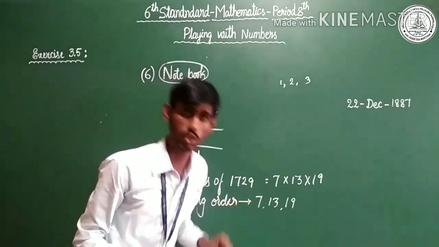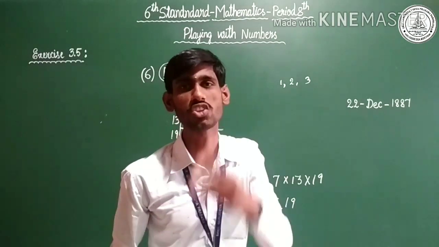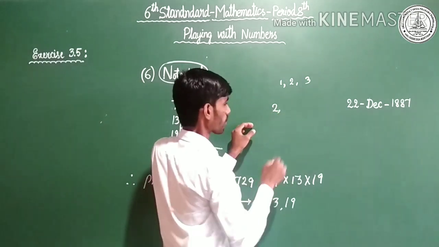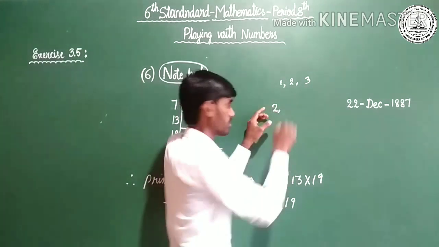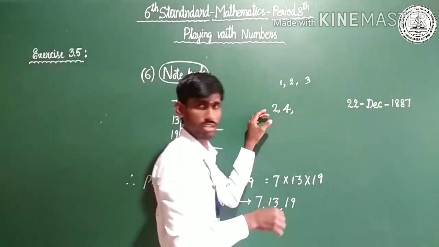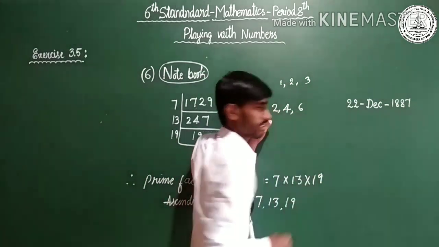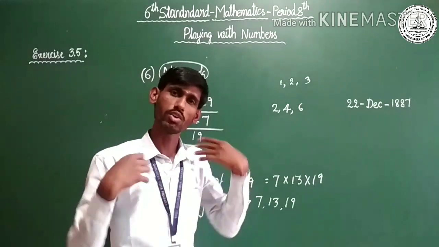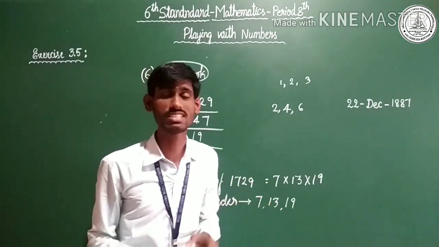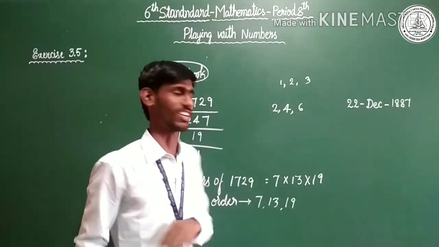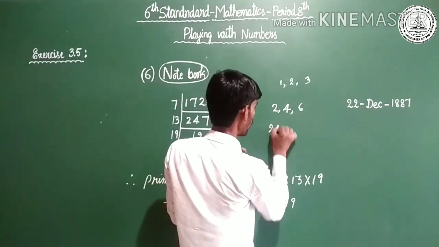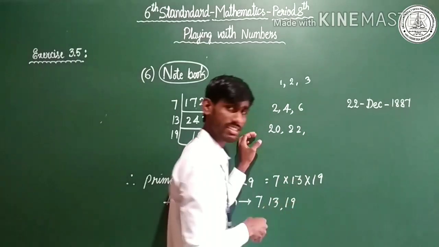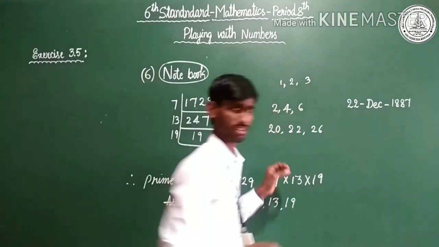Continuous numbers, I mean counting numbers. Give me 3 even consecutive numbers. 2 is an even number, 3 is an odd number. Just skip it. 4 is an even number. You may skip 4, after that 6. So shall I write only single digit numbers? No. You may write 2 digit numbers, because the question is to write any 3 consecutive numbers. I'll take 20, next 22, next 26.